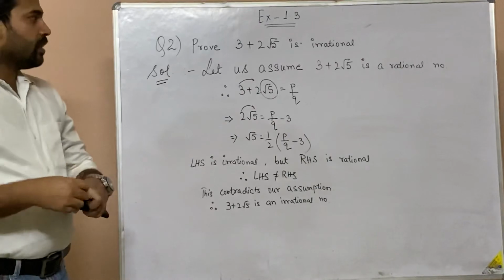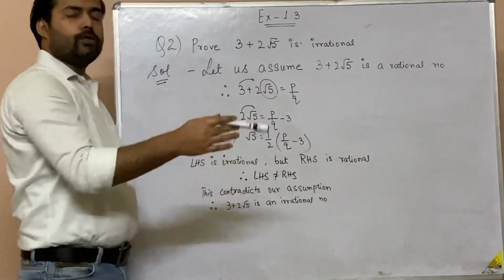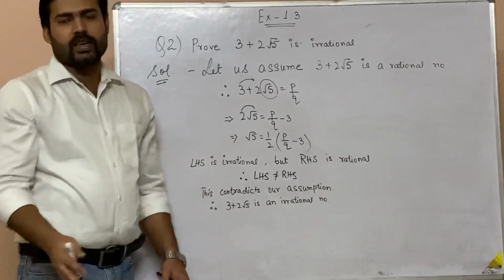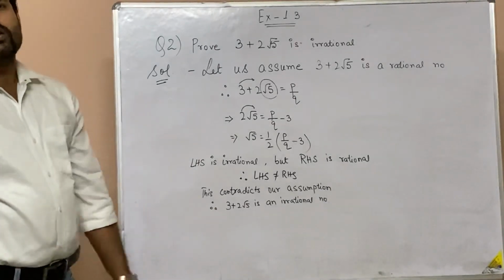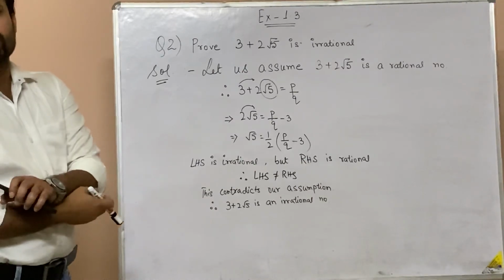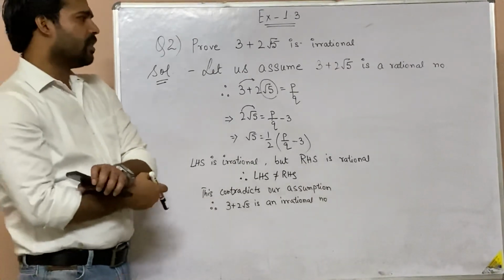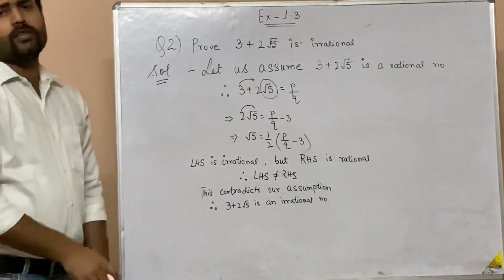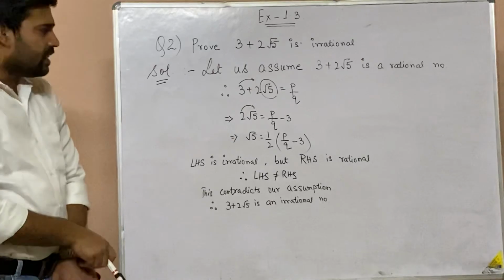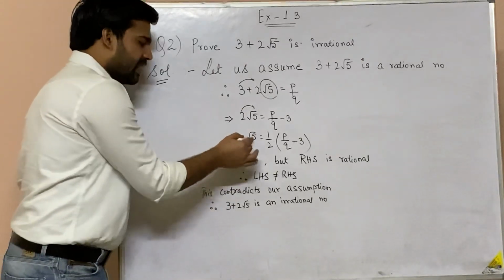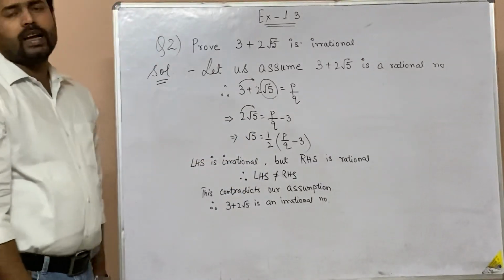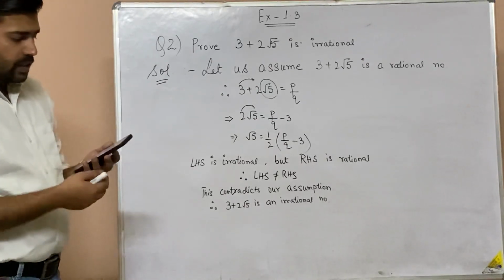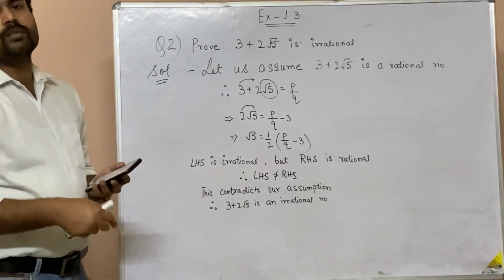Now remember one thing: if only root 5 or only root 2 is coming, those questions will be of more marks, like 3 marks, or sometimes it may come as a 4 marks question also, depending upon how lenient the question paper is. But at least I would say it's 3 marks. But these kinds of questions are of 2 marks. So in this type of question, you have to directly take the square root as an irrational number. Just similar to this, all other questions given in question number 3, you will solve in a similar manner.